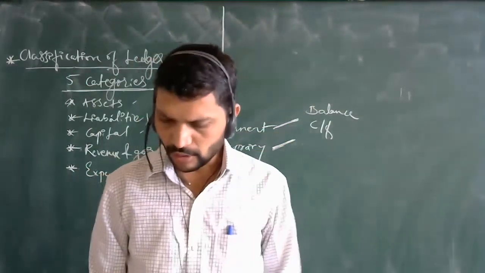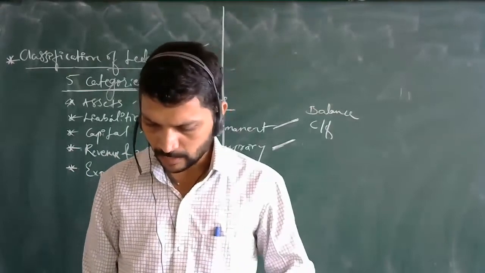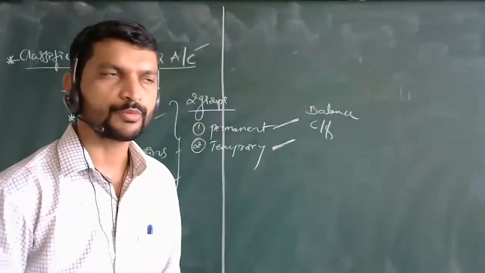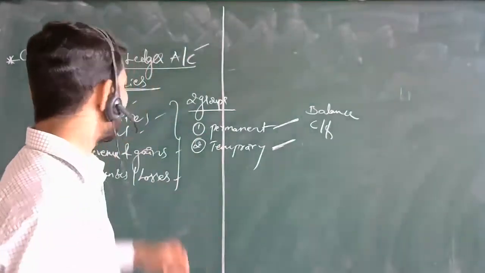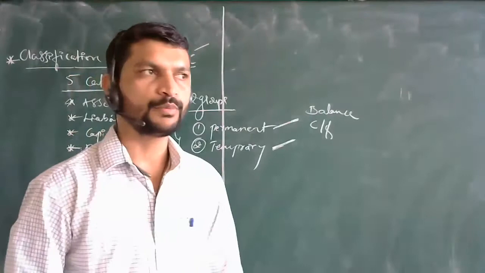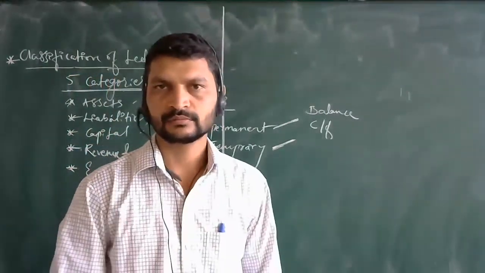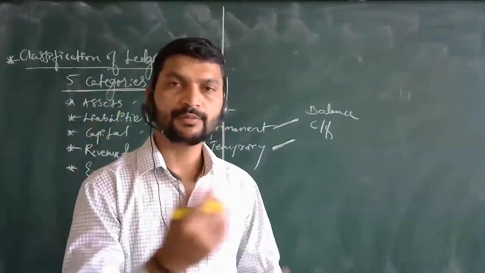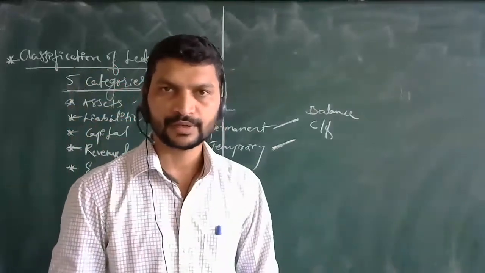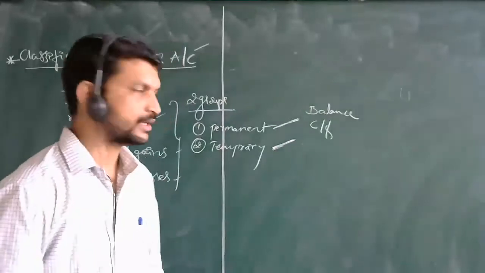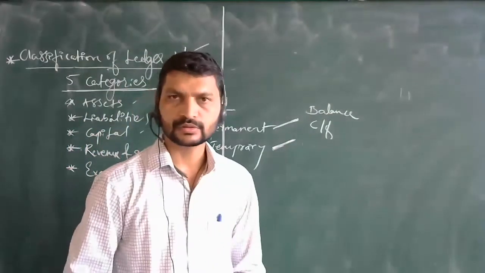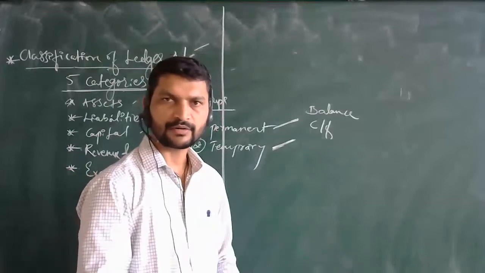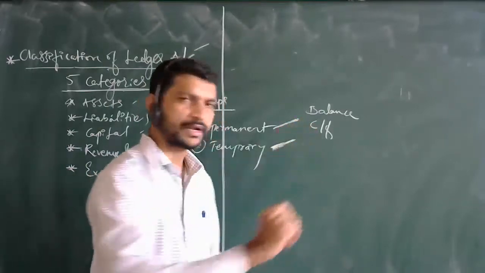Now, all permanent accounts appear in the balance sheet. What are these permanent accounts? They appear in the balance sheet, just like if you have purchased any furniture. Yes, furniture is an asset. It will be carried forward, staying for a long period of time in the business, right? Similarly, if you have purchased goods or raw material, that will be converted and sold out in a specific period of time. So here you can take the stock.